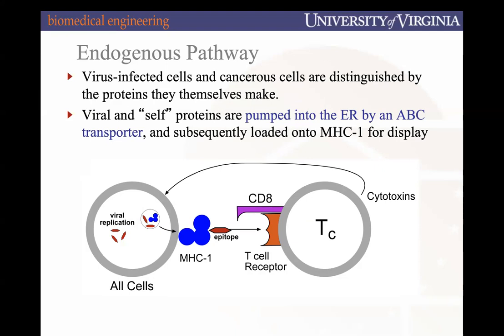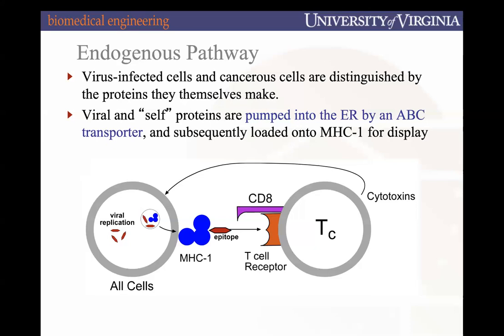A key organelle in our protein synthesis process is the endoplasmic reticulum, or the ER. So what's going to end up happening is that this protein is going to be pumped back into the ER. And this is going against a gradient. Whenever you're going against a gradient, you need energy to do this. This is going to be using the ABC transporter, which is an ATP transporter. So this is going to be an active transport process. Whatever's being produced is going to be pumped back into the ER and loaded on the MHC class 1 and displayed for a CD8 positive T cell to interact with on its T cell receptor,